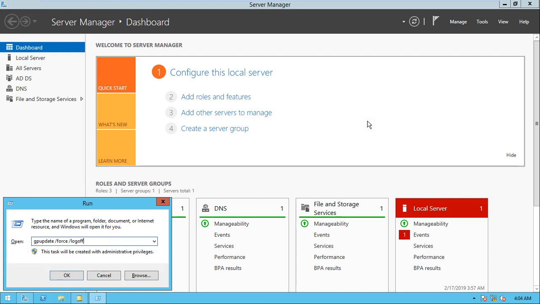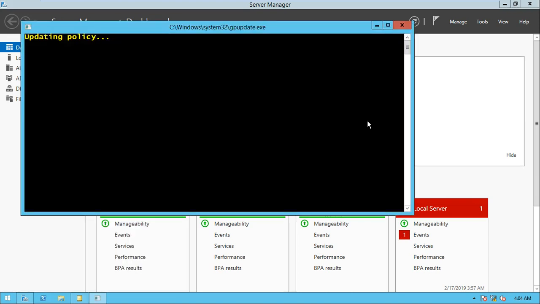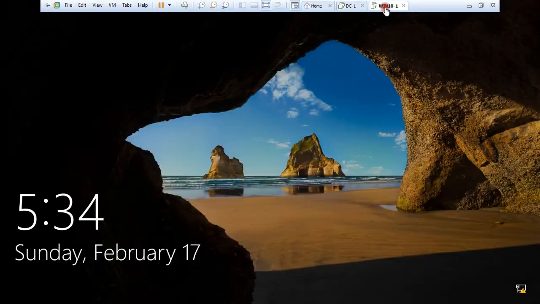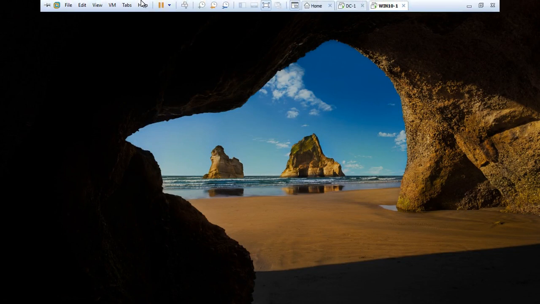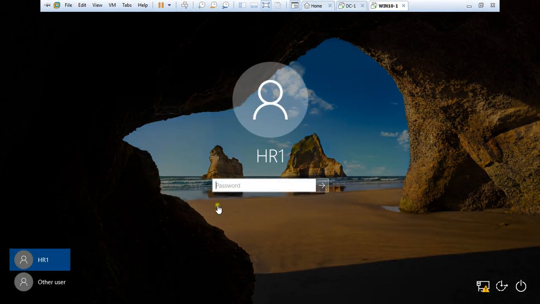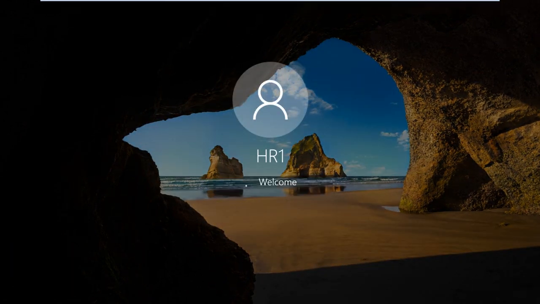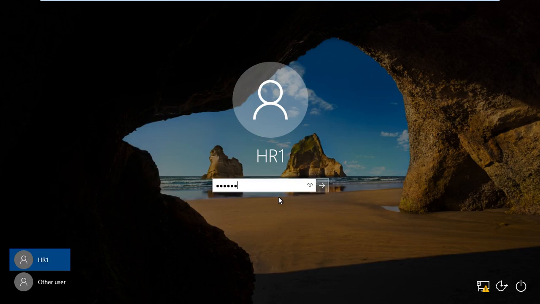Log off. Okay, now we are on the Windows machine. Now we try one wrong password, two wrong passwords, three wrong passwords.